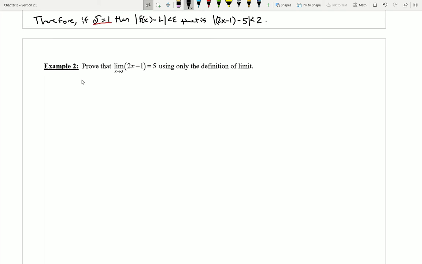So for our general proofs like this again, we're going to have to work with kind of like a mystery epsilon. We'll kind of pretend that someone just hasn't told us epsilon yet. So let's go ahead and quickly think about what it is that we want, and I'll label this portion of our work here as really just scratch work. Okay, so here's what we want. We want to show